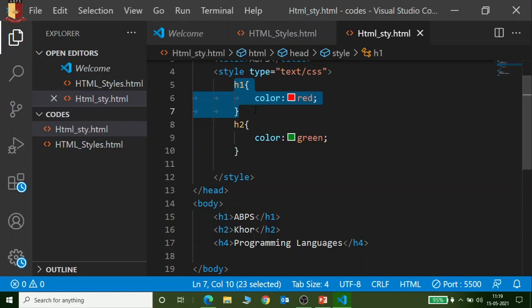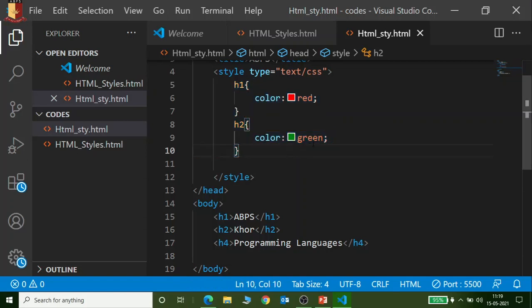This is the main advantage of these styles. Once you write the code, whenever the tag is used, that style automatically applies to that particular tag. However many times you use the heading tag or paragraph tag, that style will automatically apply to that particular tag, because you mentioned the styles for that particular tag here.